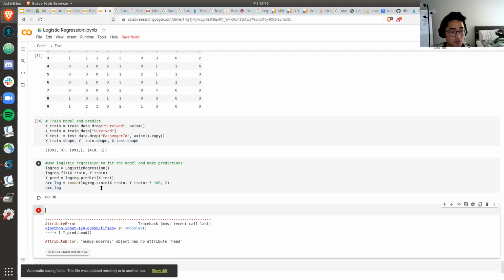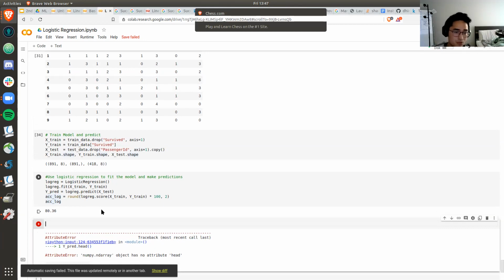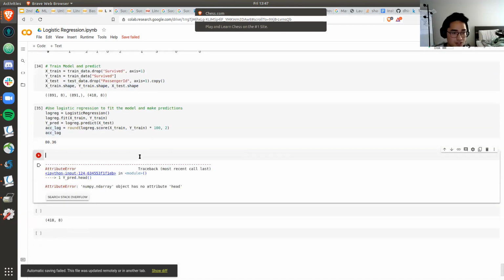That's what we want in general, because we want a good model that can generalize very well to different test data that isn't given in the training data set. Now we got 80.36%. It's good. Now, if we look into our YPRED, this will produce a matrix.